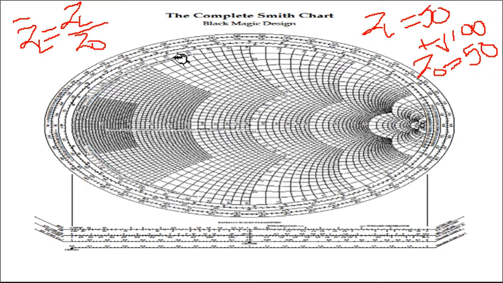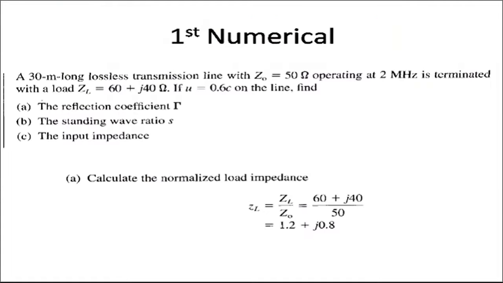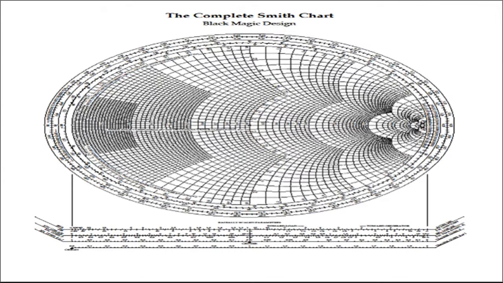So the first point to remember: nothing on the Smith chart is an actual value. Everything on the Smith chart is a normalized value with respect to the characteristic impedance Z0. Now I will come back to this Smith chart once again. If the load impedance and characteristic impedance are given in terms of Z, that I am going to call impedance, then see this horizontal line: the upper half will be inductive and the lower half will be capacitive.